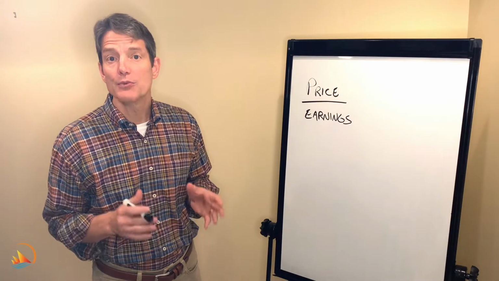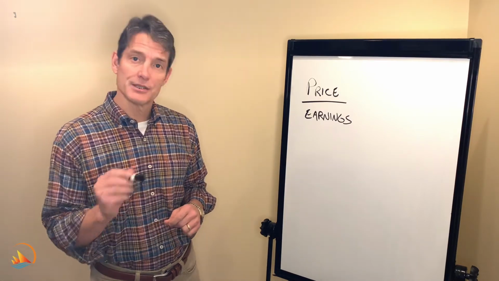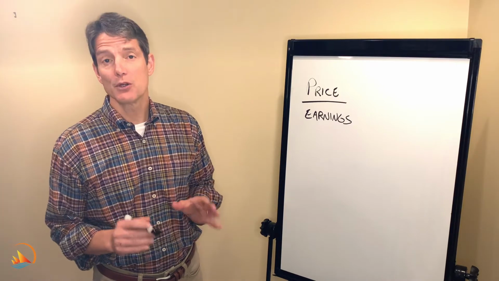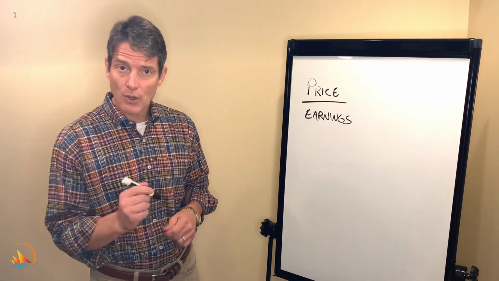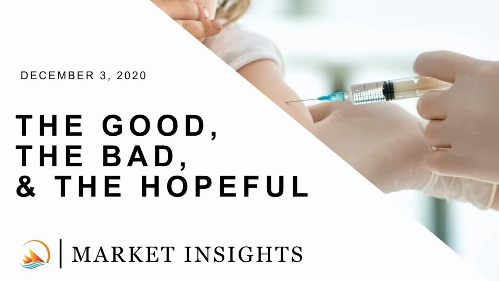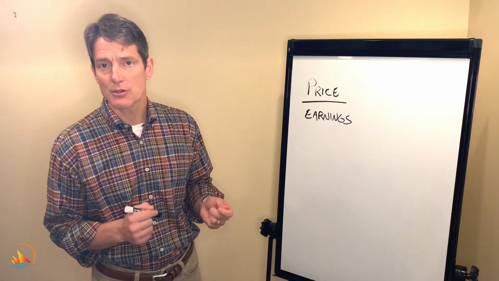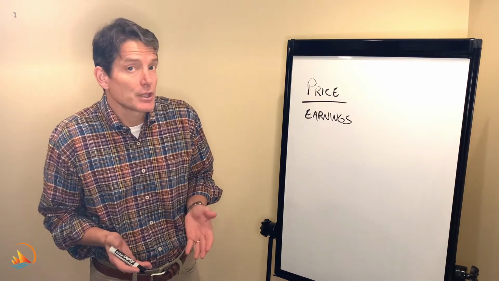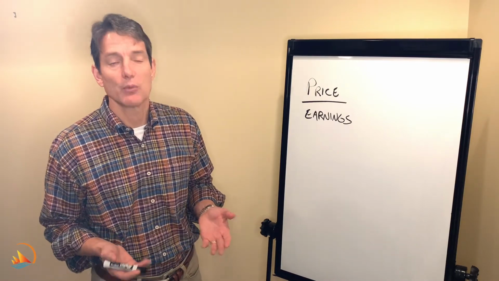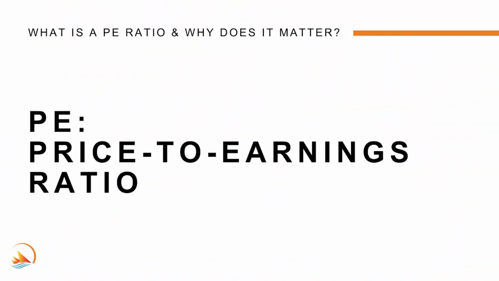So, everyone who knows me well has been wondering, when am I going to bring a whiteboard into these Market Insights videos? Well, wonder no more, it's this week. The reason I'm bringing in a whiteboard is I've got some questions about last week's video, and specifically I mentioned price earnings ratios, or PE ratios, as an important metric for determining whether the stock market is over or undervalued. And people were saying, well, what is a PE ratio and why does it matter? So we thought we would tackle that this week.